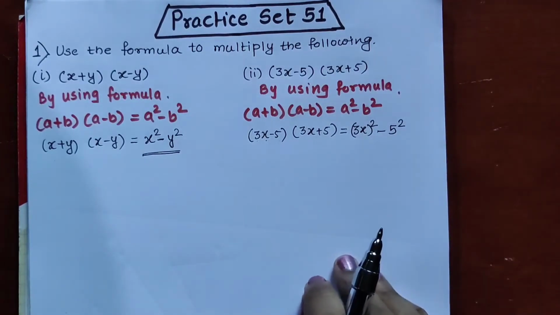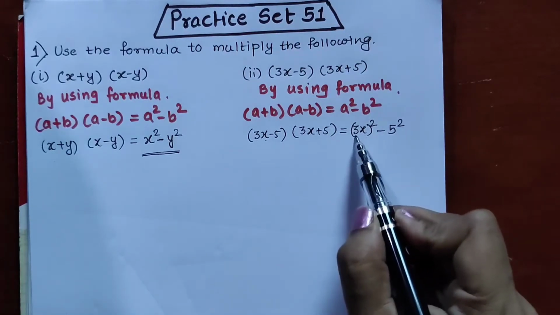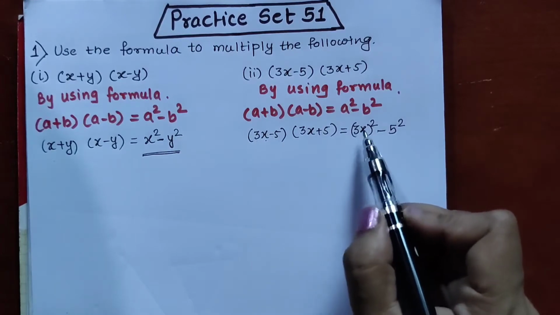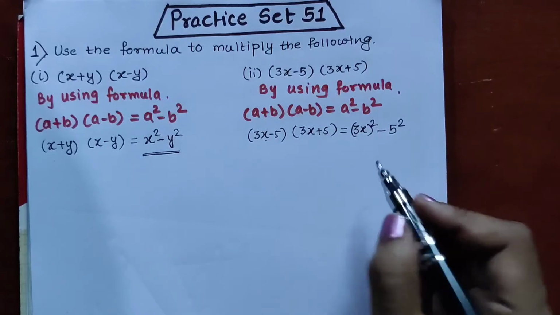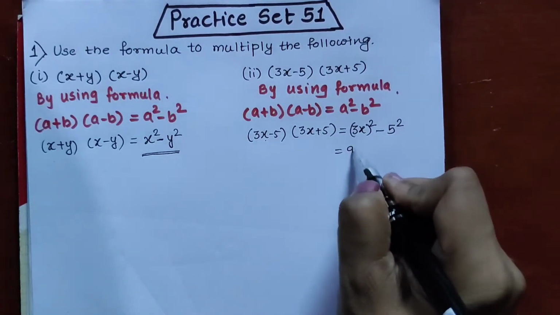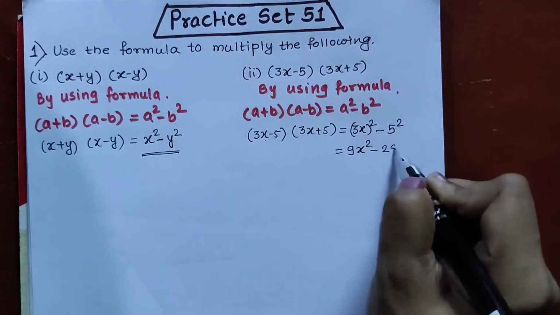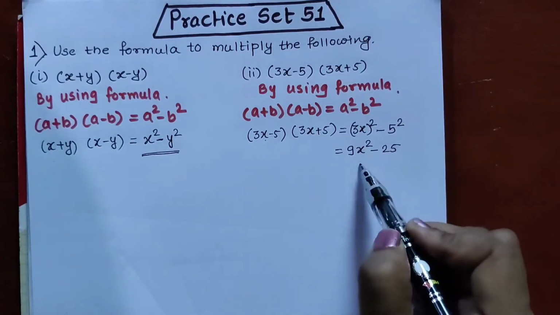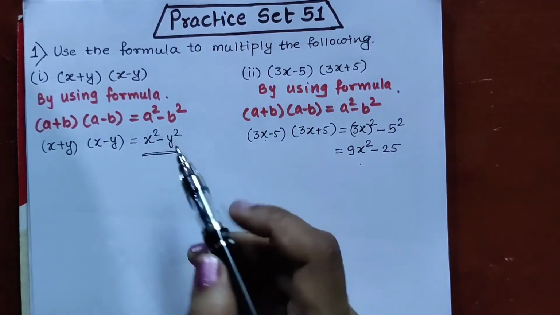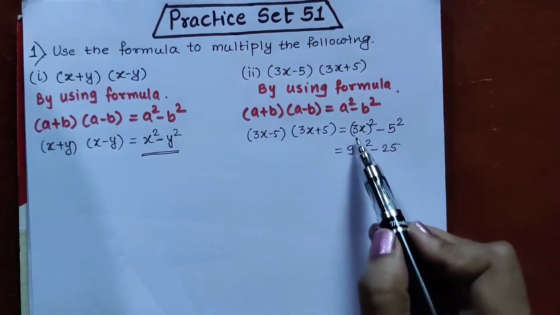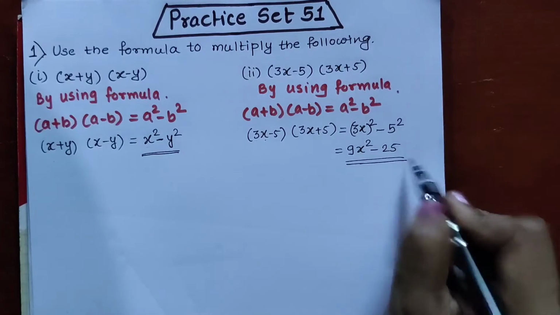We don't put it under bracket, because here it is only a number. Where coefficient and variable both are there, we have to put it in the bracket and then write minus 5 square. Now 3 square we all know is 9, and square of x is x square, and square of 5 is 25. So this sum is having a second step. Here we cannot have a second step for the variable, but here the numbers are there, that's why we can find out the squares of these numbers. So there will be a second step in this sum.